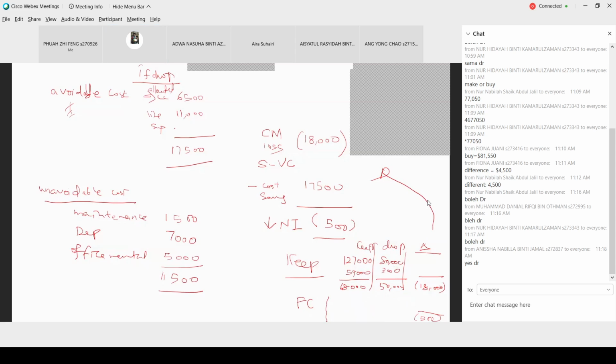Okay, you try. You try buat yang ni. You dapat tak jawapan yang sama dengan yang ni? Okay. Tapi either you do like this, you put in the column keep and drop, or you do just like here. Okay, it doesn't matter because marks will be given. Kalau ni pun kita ada skema dia, yang ni pun kita ada skema dia how to mark, but the same total marks lah.